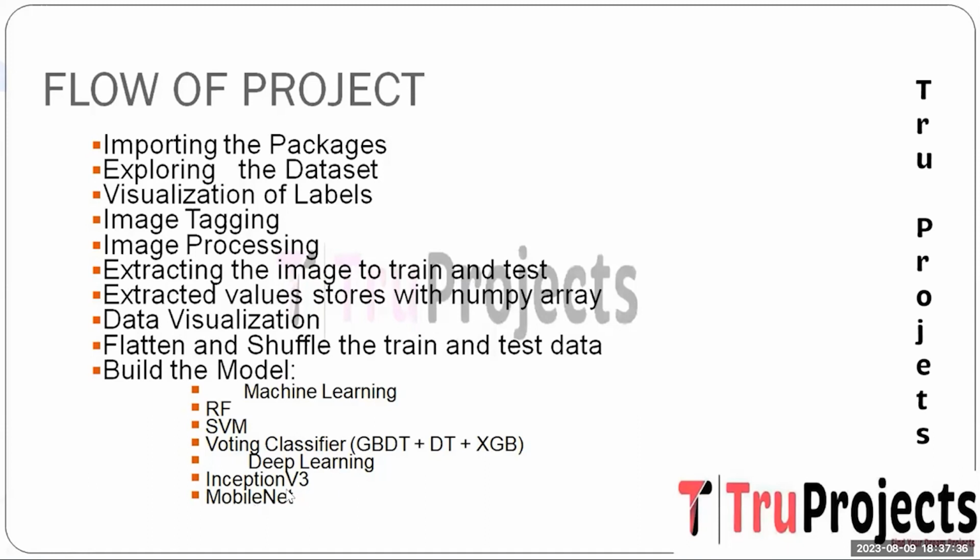Here we employed, the first one is Inception V3, a deep convolutional neural network architecture known for its performance in image classification. It features multiple layers with varying kernel sizes to capture features of different scales within the image, enabling precise object recognition. And the next one is MobileNet, a lightweight deep learning model specifically designed for resource-constrained environments.